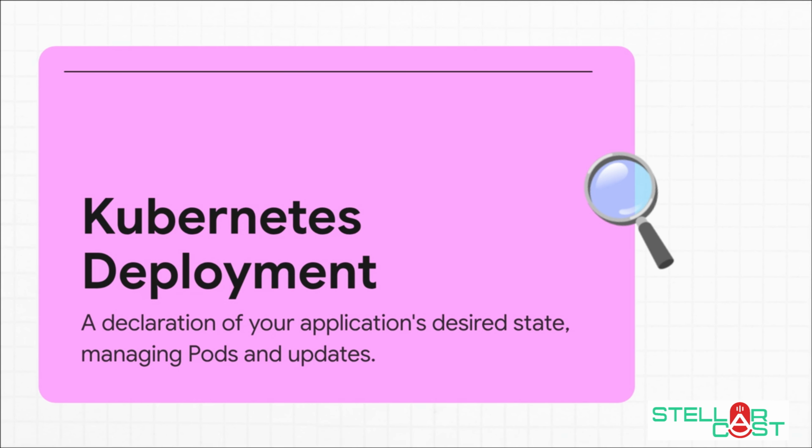Next up, you have a deployment. And this is where you tell Kubernetes what you want the world to look like. You declare your desired state, saying something like, hey, I need 5 identical copies of my model's API pod running at all times. Kubernetes then works 24/7 to make sure reality matches your request. If a pod crashes, it spins up a new one instantly. And when you update your code, it does a careful rolling update to ensure zero downtime.